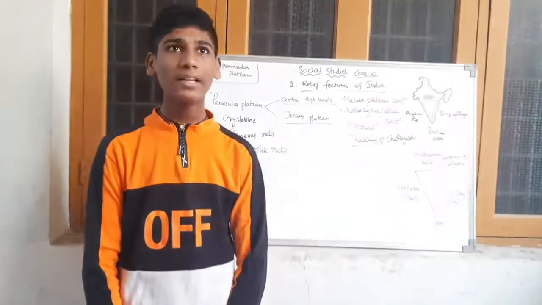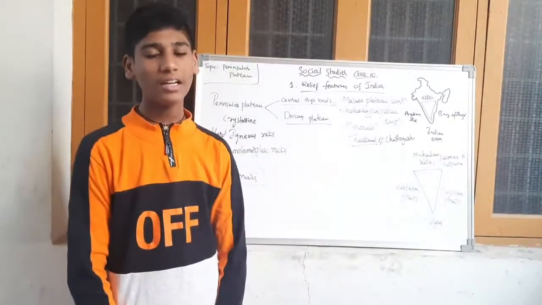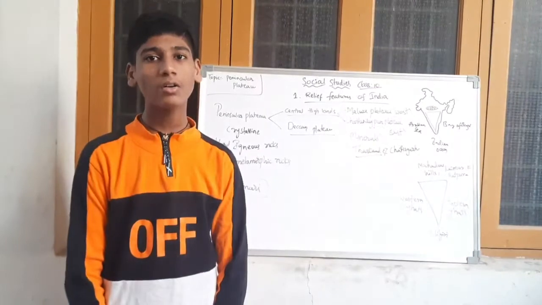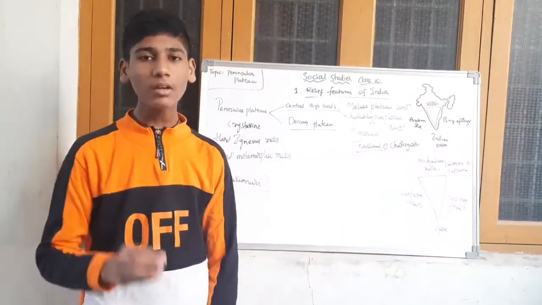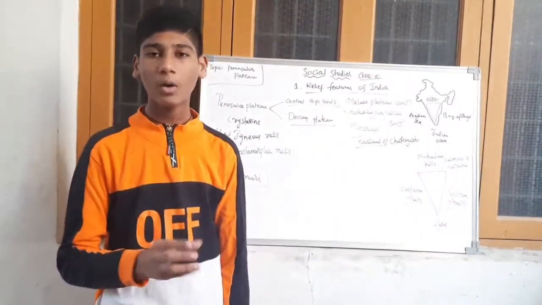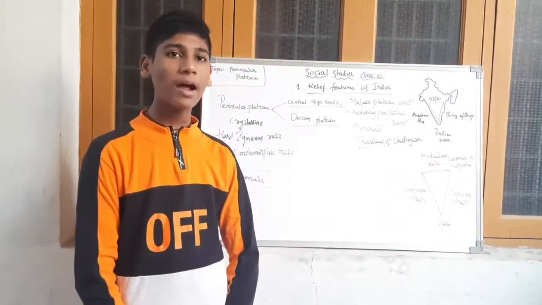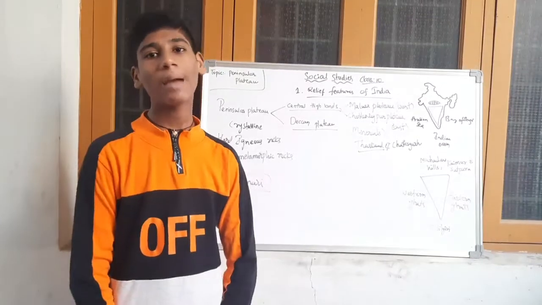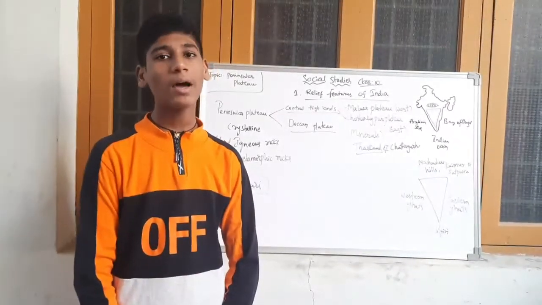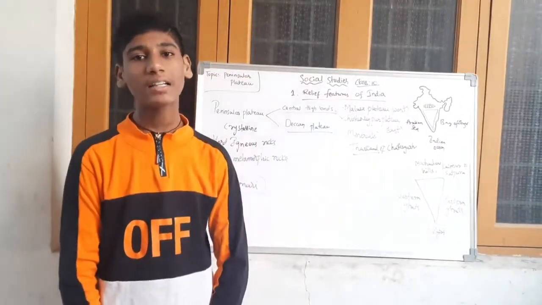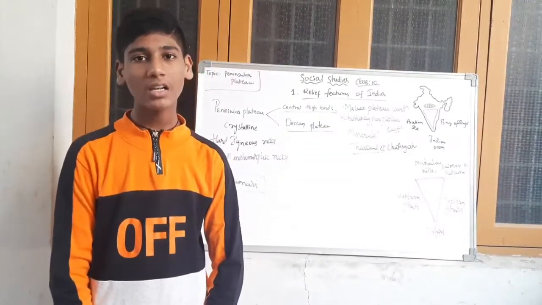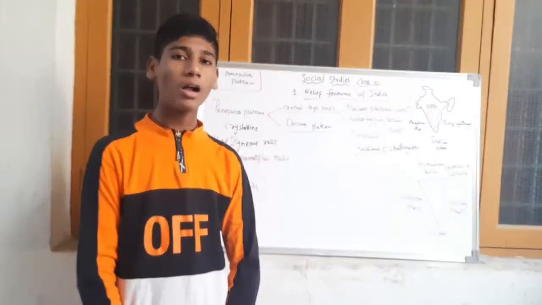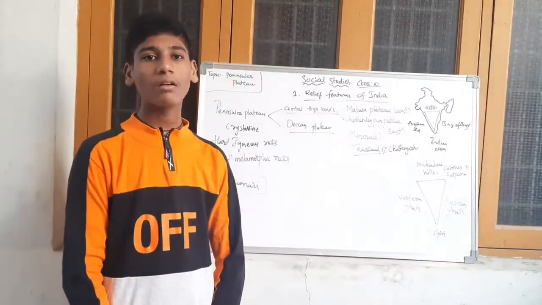So till now we completed 3 videos of India relief features. In the first part we discussed the geological background, the location of India, and how the Himalayas were formed. In the second part we discussed all topics about the Himalayas: What are the Himalayas? How many types of Himalayas are there? What is Purvanchal? And how is the Indian climate influenced by the Himalayas? All these we discussed in part 2.